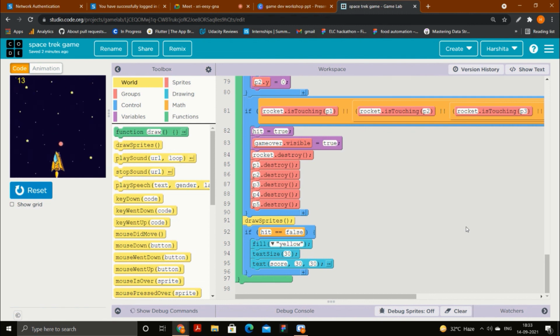So winning condition means, let's say you put a condition such that if the score that is increasing right now becomes 50, if I am playing the game and the score keeps increasing and becomes equal to 50, then all these animations should get destroyed, and a 'you win' kind of animation should be visible on the screen. Is this clear?